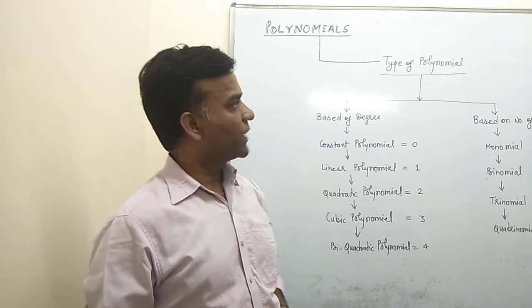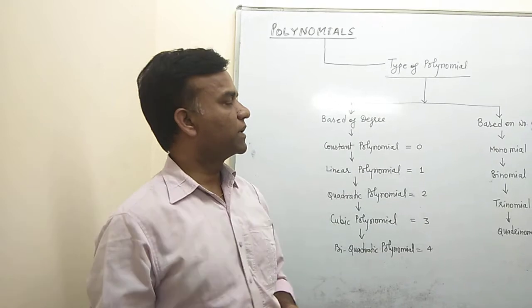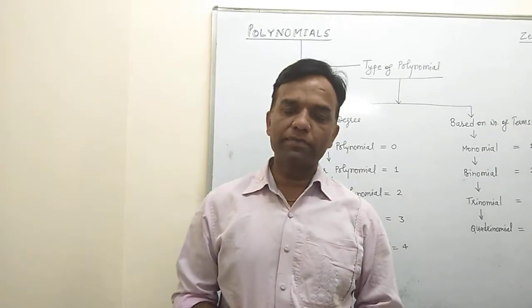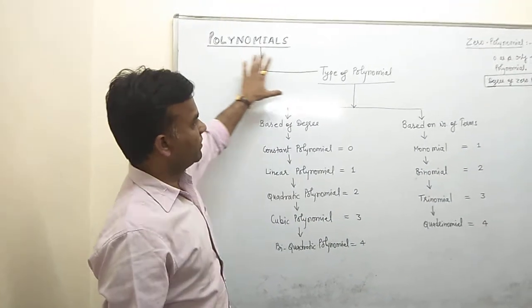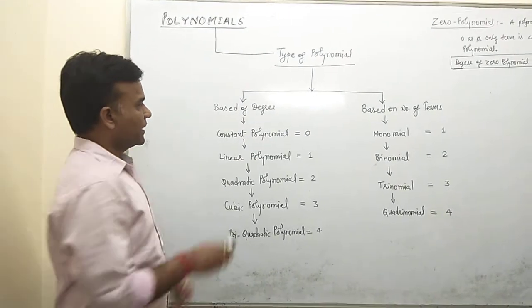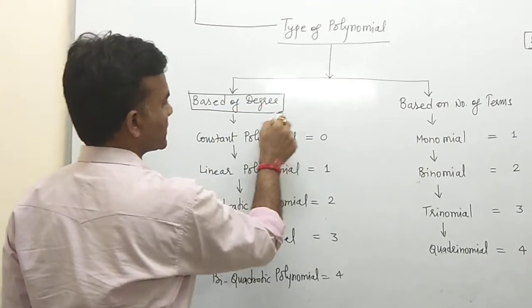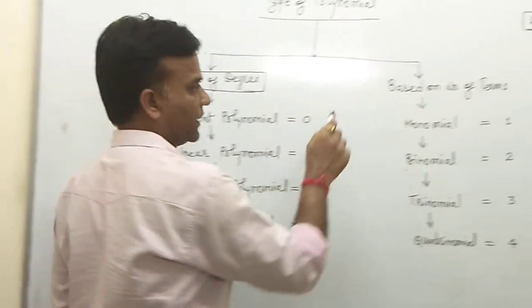Okay, then we have the polynomial topic here, in which we describe the types of polynomial. Types of polynomial we categorize into two parts. Basically, we divide them based on degree. First you decide the degree, and then how many types of polynomial there are. And the second one is